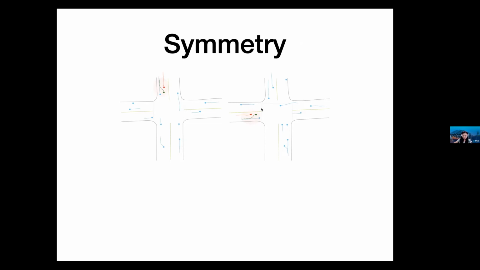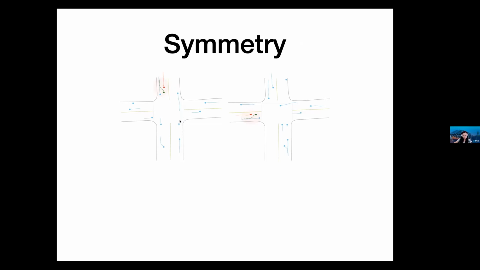When we look at cars, there are many particle systems, right? But when we make decisions, for example, when we drive in the Northern Hemisphere, we know how to make a right turn. However, when we move to the Southern Hemisphere, let's say Australia, we also know how to make a right turn, which means that there is internal symmetry in how we make decisions when we drive.